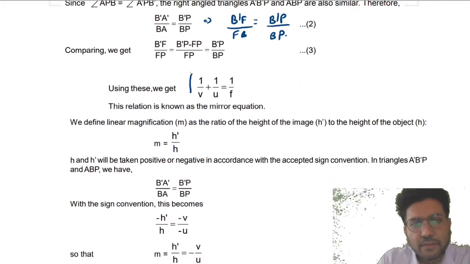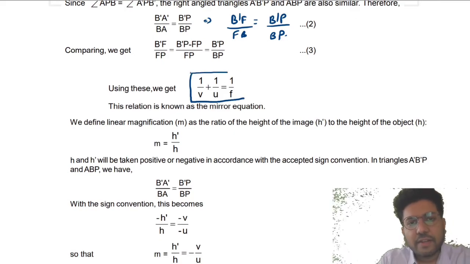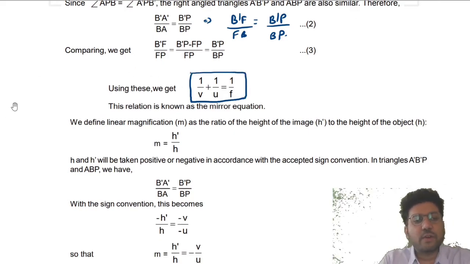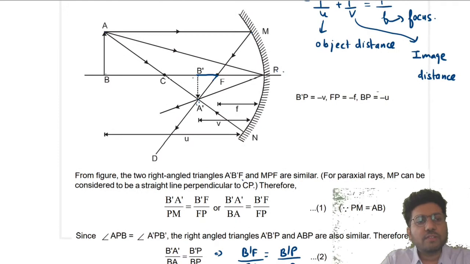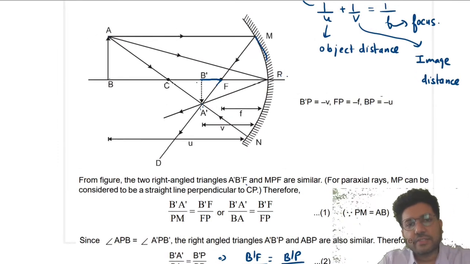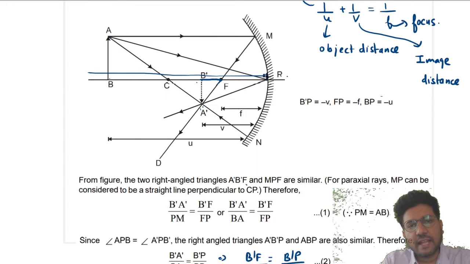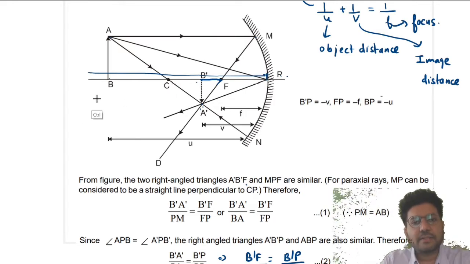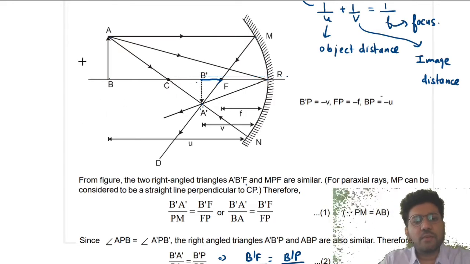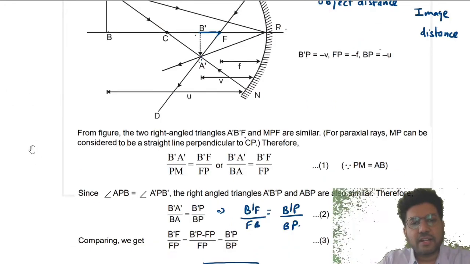This is the mirror formula, and this is a very, very important formula, and this is valid only for paraxial rays. Why? Because we have assumed that this is a straight line. This is possible only if the ray is paraxial. Okay, I have drawn it big, but actually the rays are paraxial. That is why this line is almost a straight line, right? So mirror formula is valid only for paraxial rays,